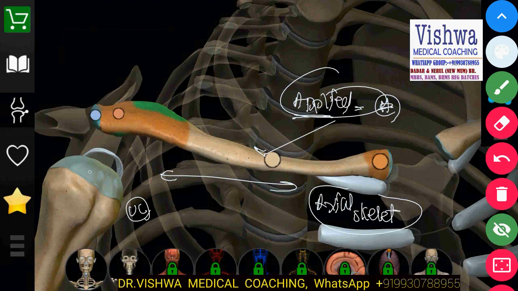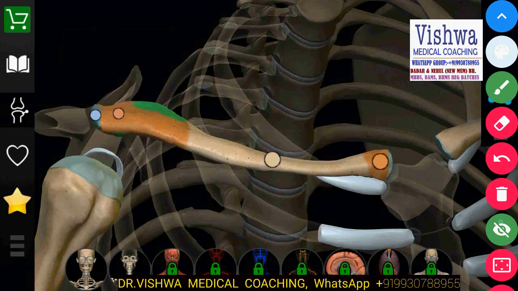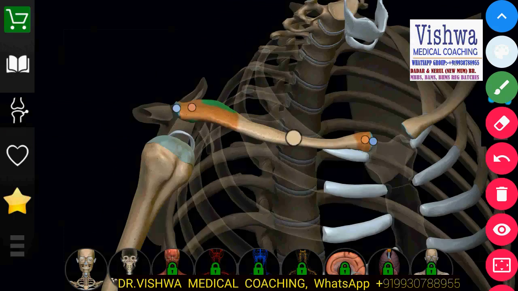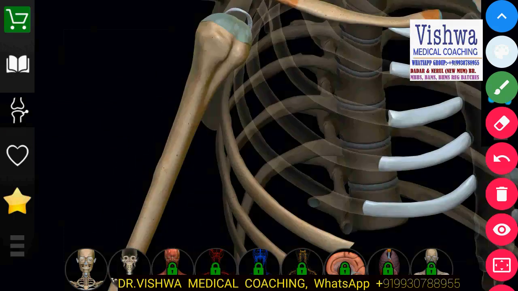So if you are holding a bucket in the upper limb, the weight of the bucket is transmitted to the central part of the skeleton through the clavicle. It's so important. It is a very important bone which can be remembered. So this is the way it is supposed to be discussed. First discuss the bony parts, then the muscles, then the other aspects of the bone.